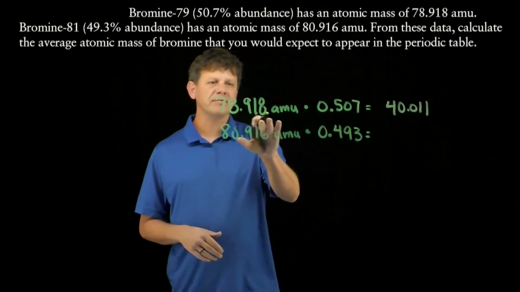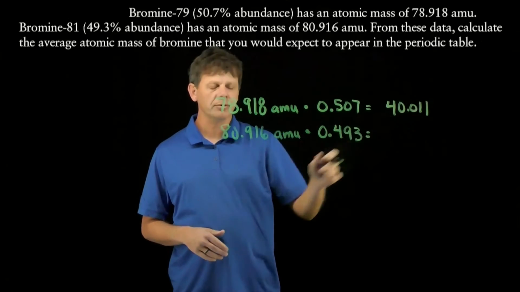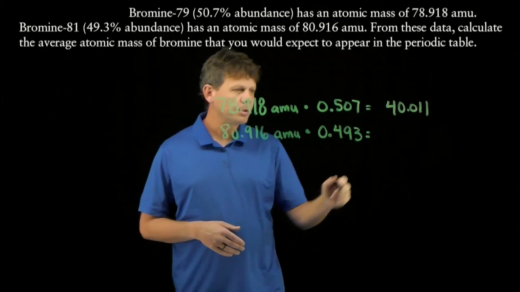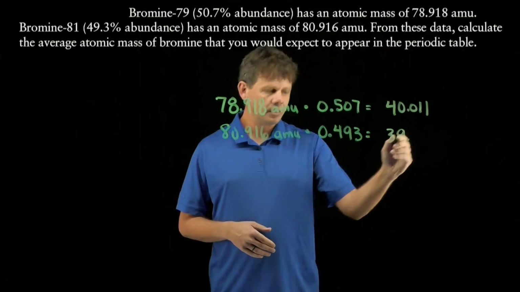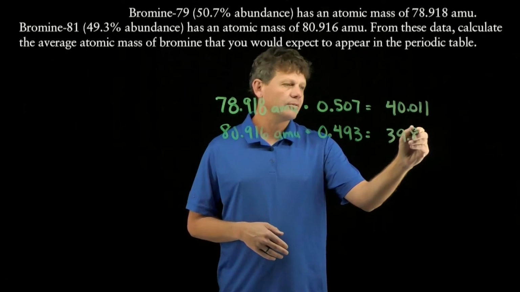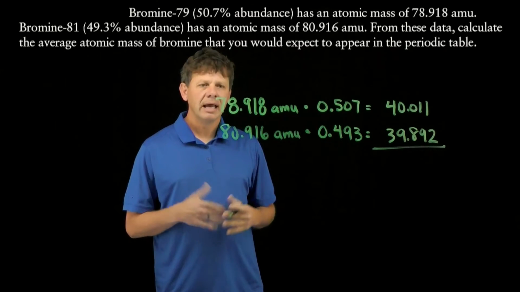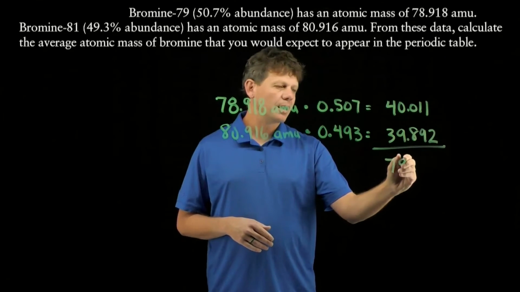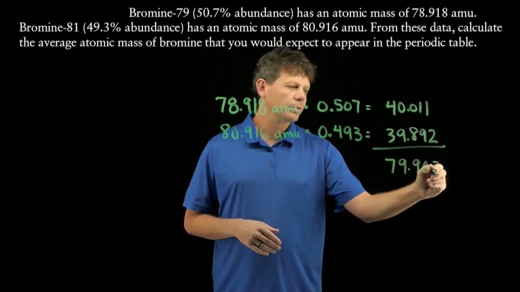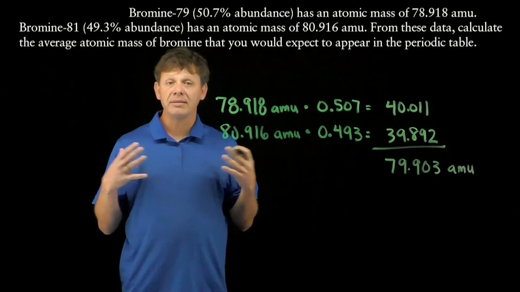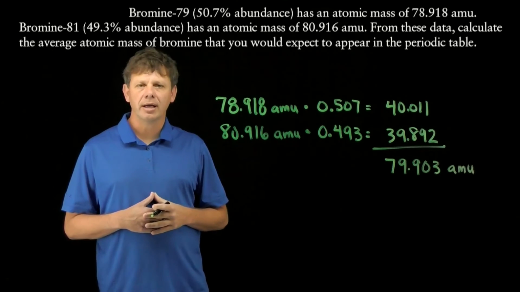40.011 for the top, 78.918 times 0.507. 80.916 times 0.493 gives us 39.892. We can now add these two numbers, and we get a value of 79.903 atomic mass units. We would expect that to be the value that would show up in the periodic table,